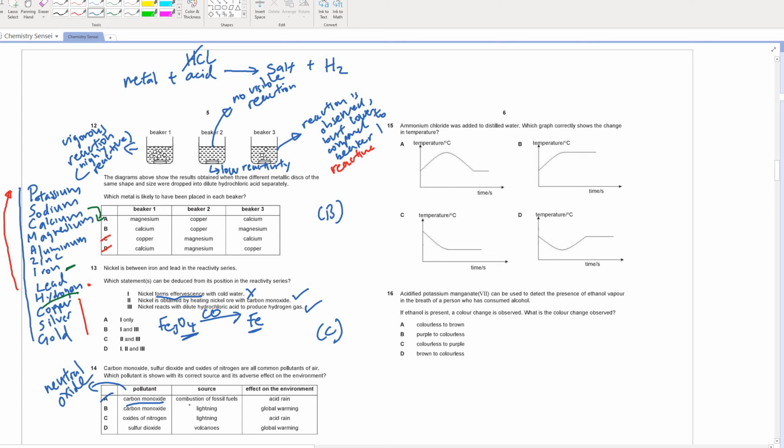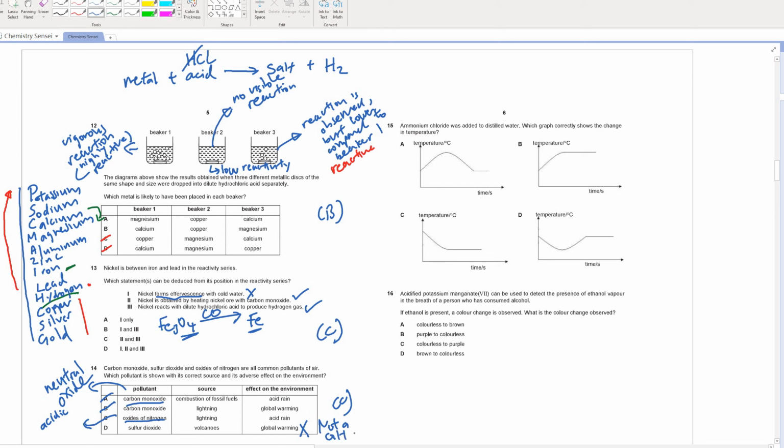Next, carbon monoxide is not formed from lightning. It is formed from combustion of fossil fuel. However, oxides of nitrogen is formed from lightning, and it does cause acid rain because oxide of nitrogen is acidic. So yes, option C is the correct answer. Option D, sulfur dioxide. Yes, it is produced from volcanoes. However, it does not cause global warming. Sulfur dioxide is not a